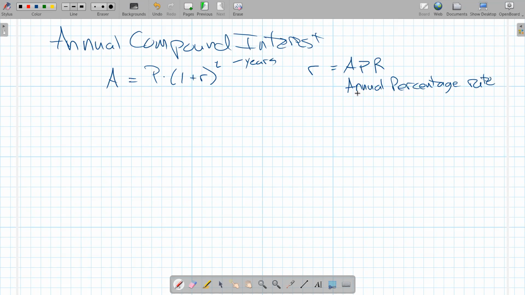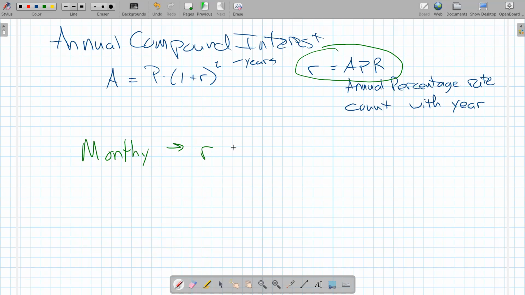Now, if we work with an annual percentage rate, then we count with years. And earlier I had mentioned if it's a monthly percentage rate, then we should count with months. So it turns out we can do a monthly version of this, but the bottom line is in banking, they generally work with annual percentage rates. So if we wanted to do this monthly instead,